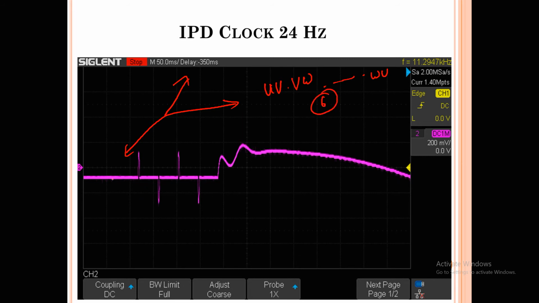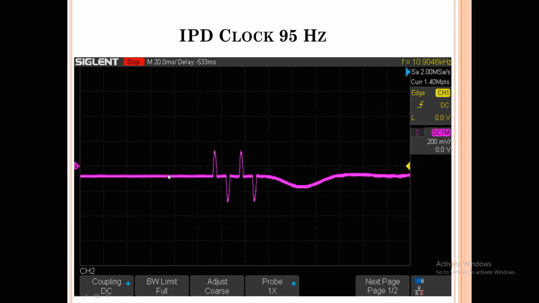In each sequence you are sending one pulse and the next pulse at some distance, and all these values basically depend on the clock. If you select a lesser clock, the time duration gets higher. In the same way, if you select a higher clock value, the distance between pulses gets smaller. So what is the significance, or what is the thumb rule behind it?